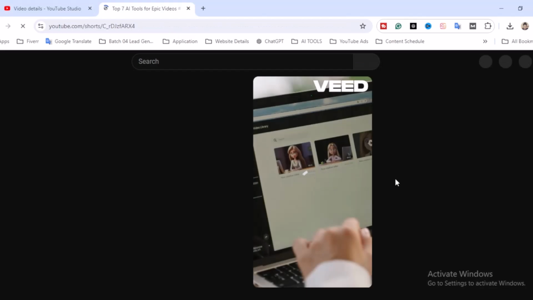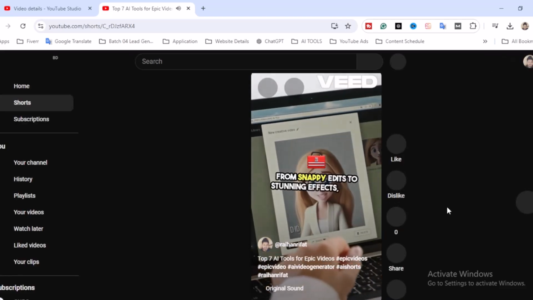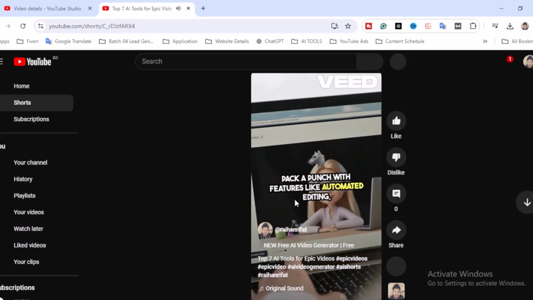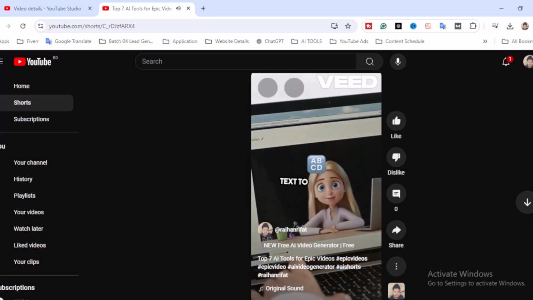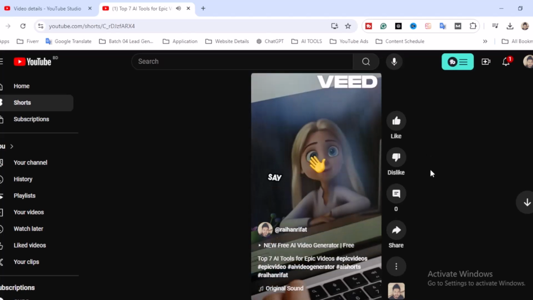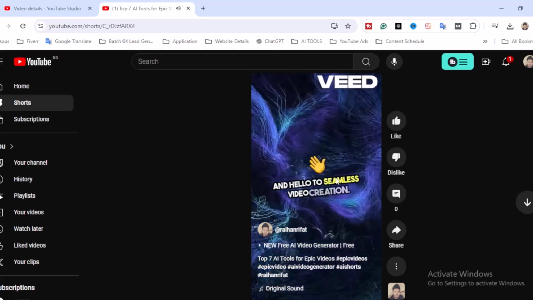Creating short videos has never been easier with these 7 AI tools. From snappy edits to stunning effects, these tools pack a punch. With features like automated editing, text-to-speech, and customizable templates, your creativity knows no bounds. Say goodbye to hours of editing and hello to seamless video creation.